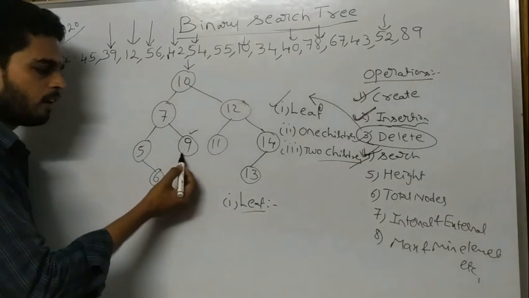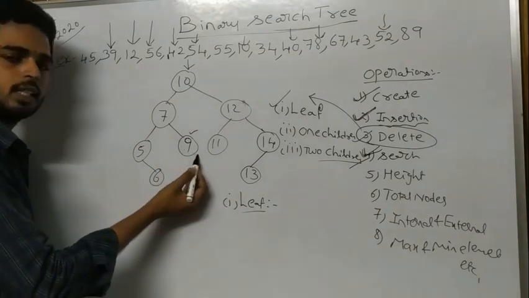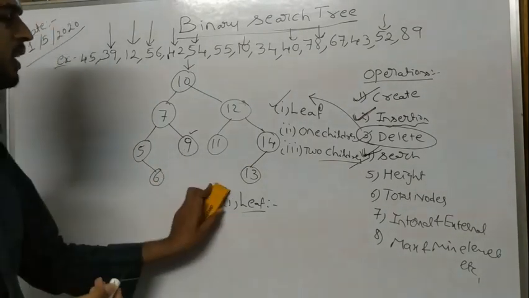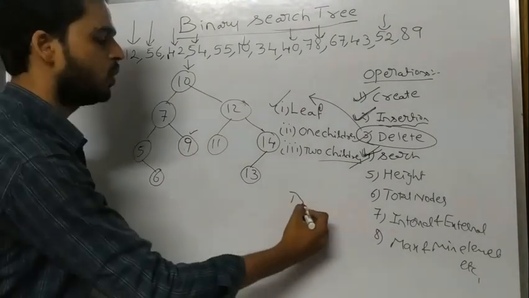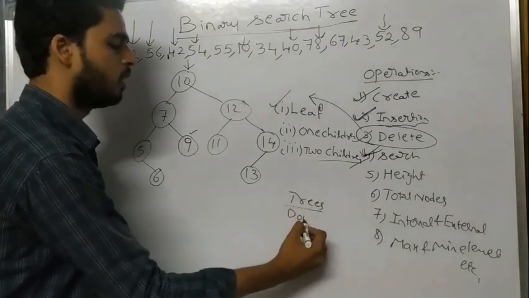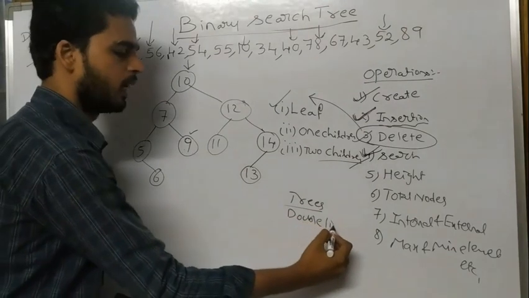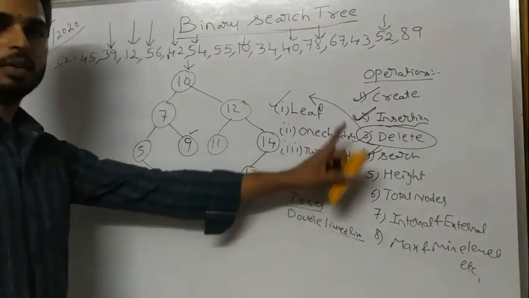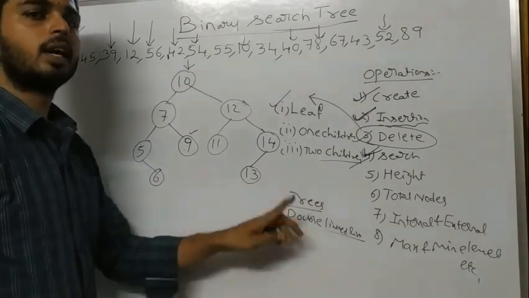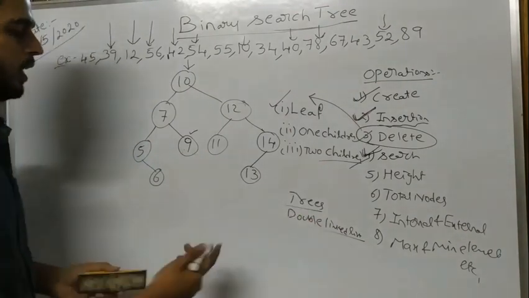Whether this corresponding node has any left child or right child. How are we going to check whether it has a left child or right child? Generally, the trees are implemented with the help of a doubly linked list, you know, right? We have already seen the implementation of binary tree and the traversal techniques of binary tree.